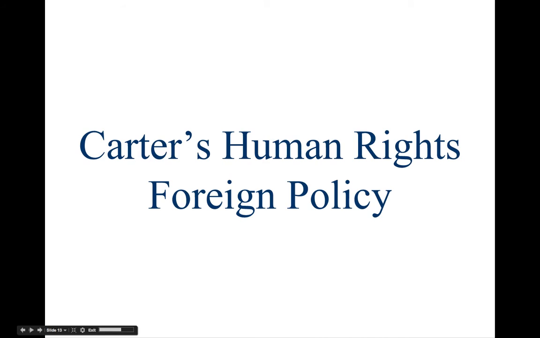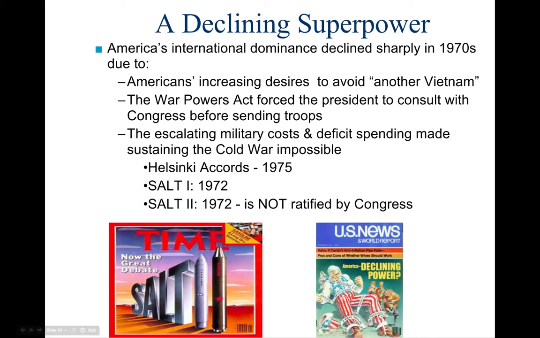So one of the things that both Ford and Carter were dealing with was the general American disillusionment with what happened in Vietnam. And so what we see is that by the 1970s, the United States is not as dominant on an international front. And one of the major reasons for that is because the general American public didn't want to have another Vietnam. They didn't see the point in having these proxy Cold Wars that had senseless American casualties, and that already, we've seen, has contributed to the deterioration of the relationship between the American people and